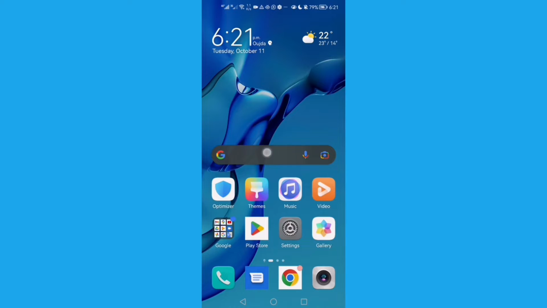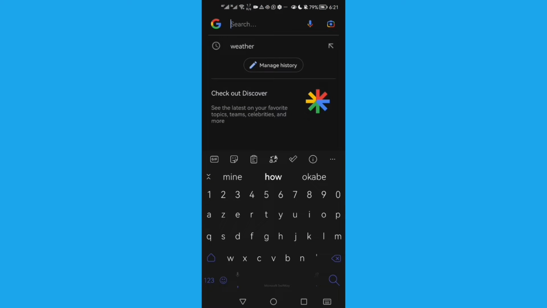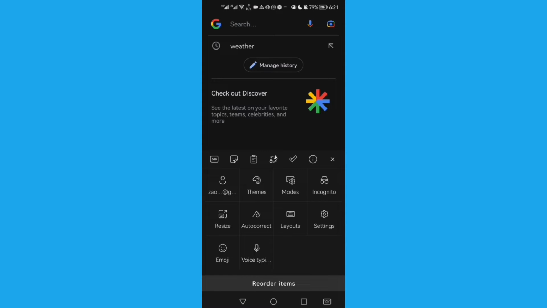First, open your keyboard, and now just click these 3 points here, and here we'll find themes. Click on it,